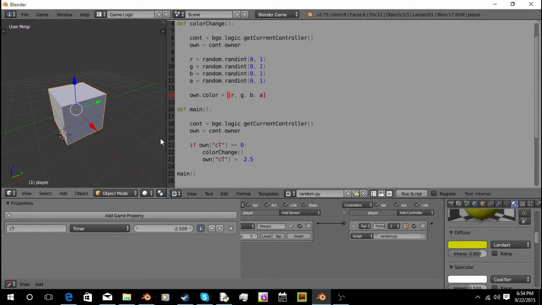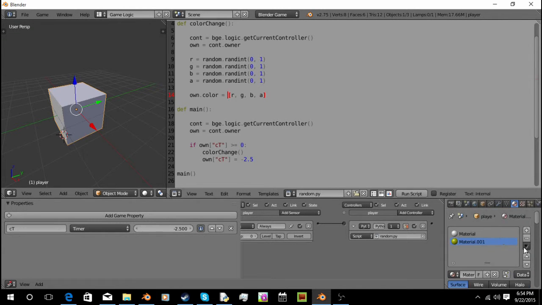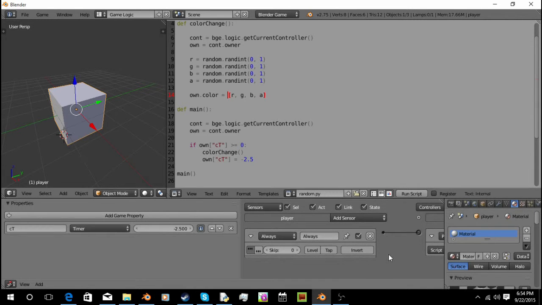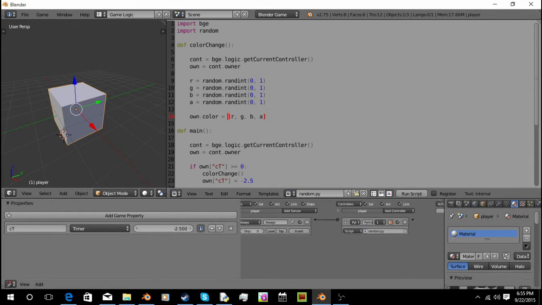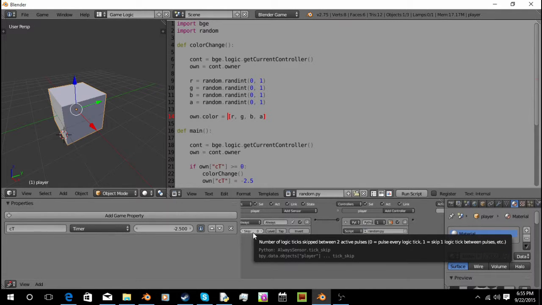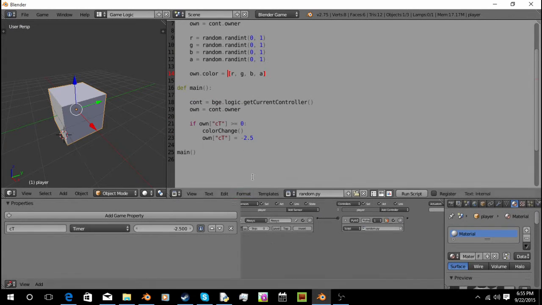Okay, so we're creating our block. Okay, we named it player, and we can get rid of this. We named it player. We made a timer with a negative number because the timer goes up. We set always to the 3 dots, and I still have yet to explain that, and then we connect it to a Python. The whole entire system, it runs this too. Okay, so we could say that it only runs it every two ticks. So every 2 times it runs the code, it runs this script, but